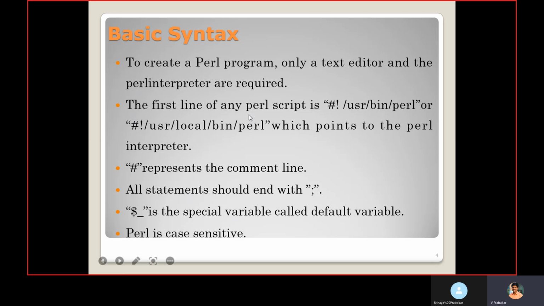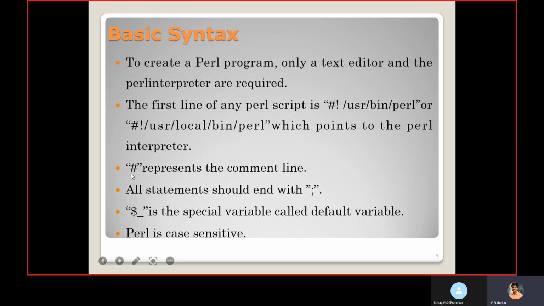The first line of any Perl script is the shebang line. It tells where the Perl interpreter is present in the system. The location of the Perl interpreter we need to mention in the shebang line. Okay, this line should be the first line of the script.